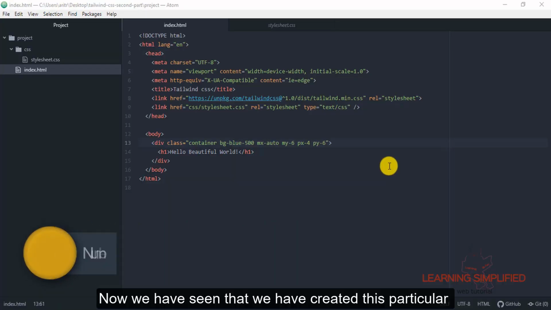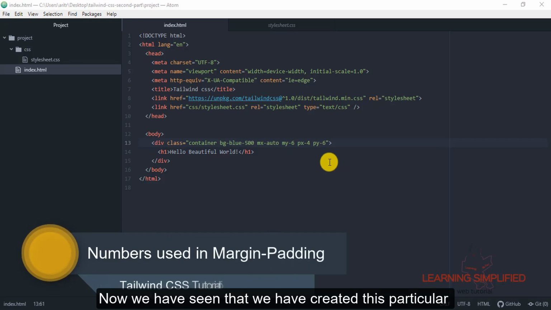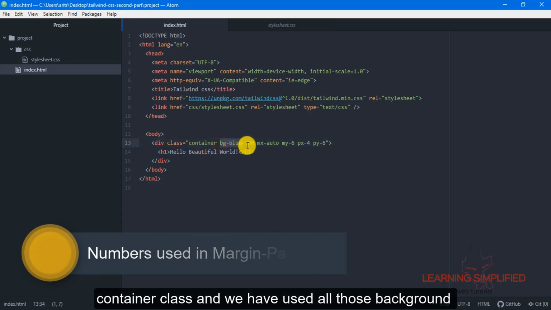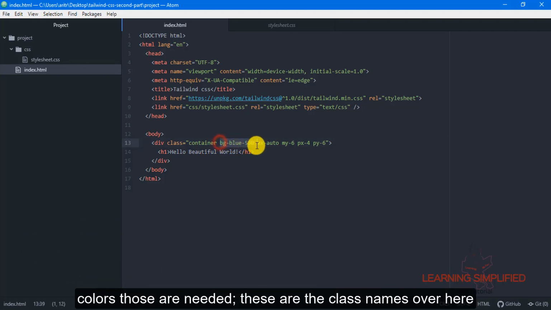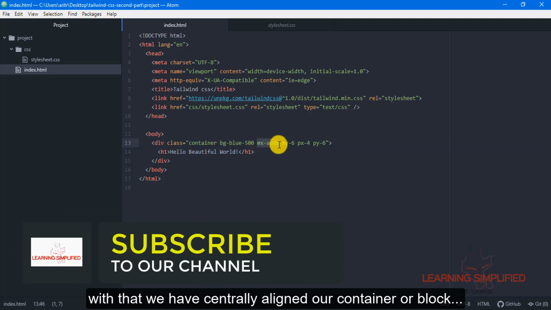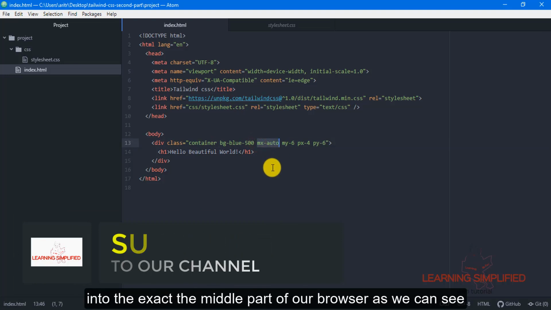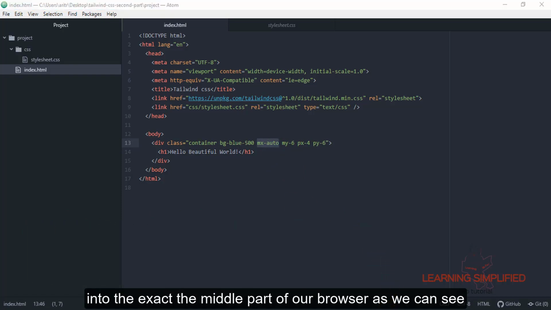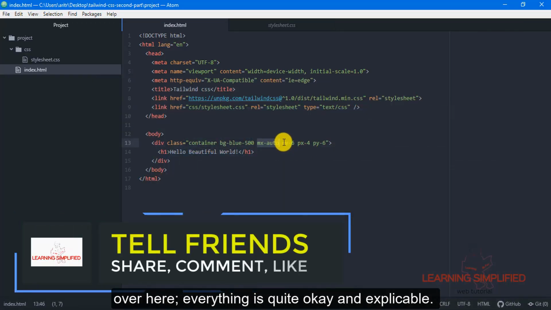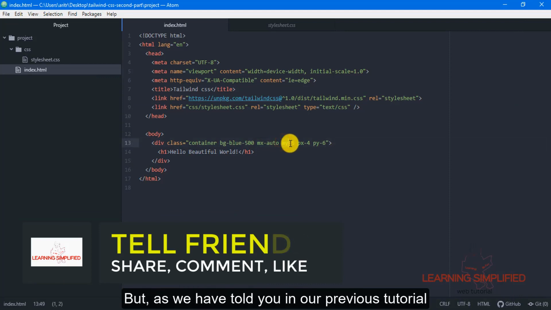We have seen that we have created this container class so far, and then we have used all those background colors, those are needed. These are the class names over here. Then we have centrally aligned our container or block into the exact middle part of our browser, as we can see over here. Everything is quite okay and explicable, but as we told you in our previous tutorial that